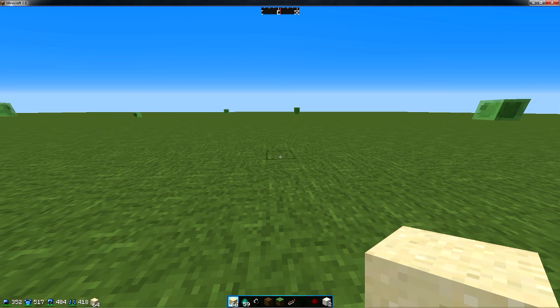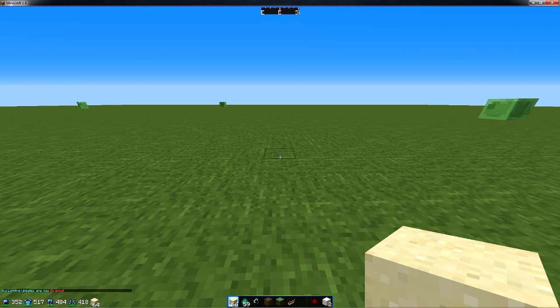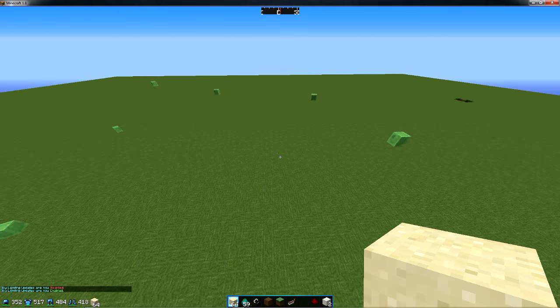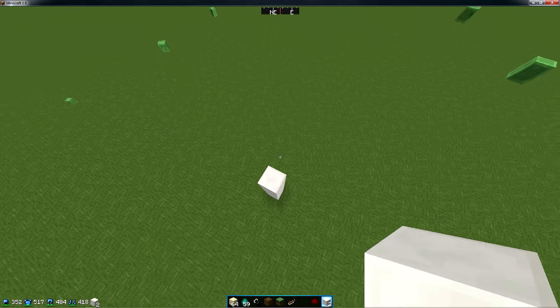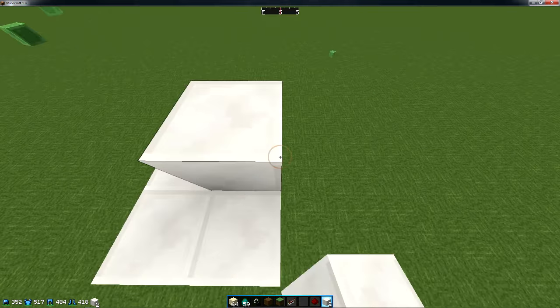Back to game. And if I hit K, you'll see in the bottom left of my screen it says lighting updates are now disabled and lighting updates are enabled. So all that means is you're gonna remove a lot of lag from your game. I don't know why. I guess in 1.8 you fly really fast, but pretty much if you have like a platform, when you break a hole in it, just because of the lights updating, it'll lag you. But with lighting updates disabled, it removes that lag, and it works pretty damn well, and you can also toggle it, which is nice.